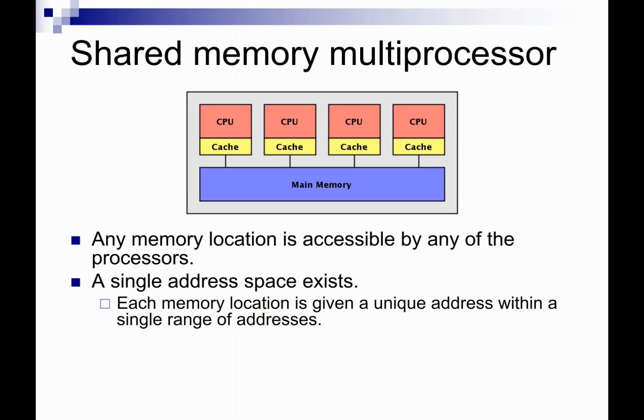Okay, so let's first recall the shared memory architecture. Here we have a bunch of parallel processors, right? And all the processors are connected to a common piece of memory. So there's a single address space. And this means that whenever one process can access a variable, then all of the other processes can also see